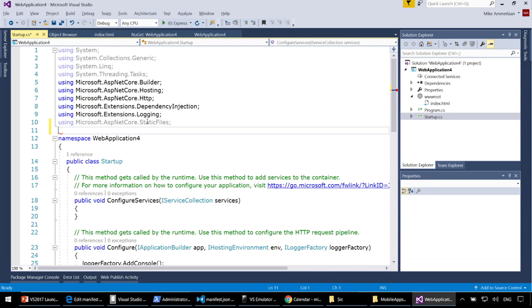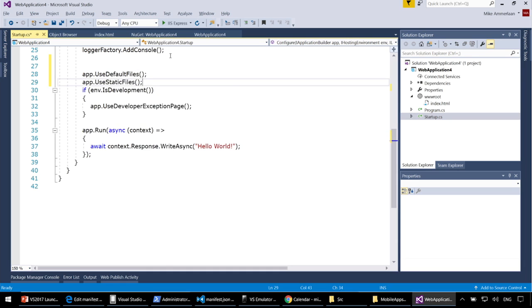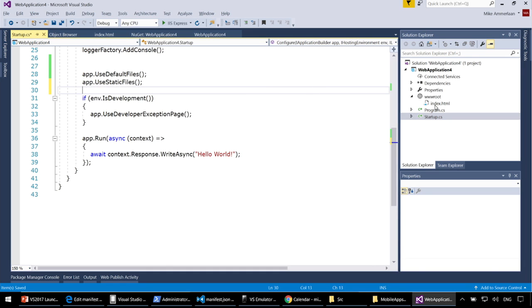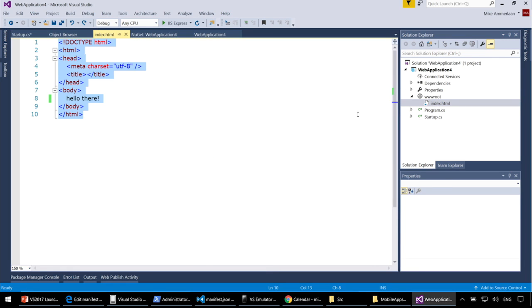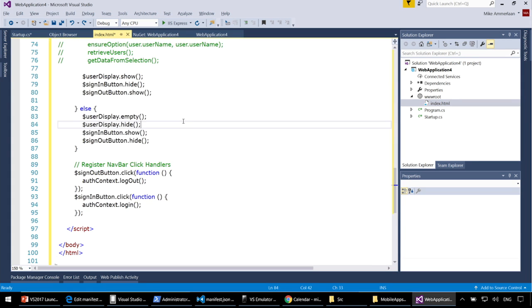Let me just make sure that we're fully using static files and we've got that all registered. So go back into index.html. That really just prepares ASP.NET to serve static files. And then here what I'm going to do is embed some markup inside of my page,